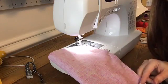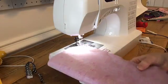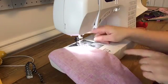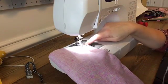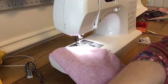Let's get these basics down for some people. The light is really blowing out here. It's just the sewing machine light. Don't know why it looks so bright on the camera, but we've got the foot down, and I have lined up my fabric with the little guide I've chosen over here. So we're ready to go. I'm gonna go forward a couple steps and then go back and then forward again,